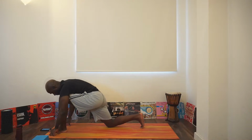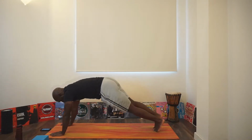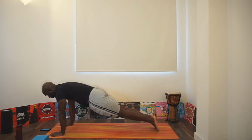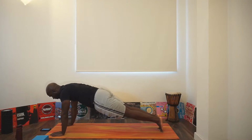Curl our right toes under. Lift up off that right knee. Take that left leg all the way back to meet the right at the back of the mat. Again, we'll just roll forwards and back on the toes here. On the next walk forwards, we're going to drop down to our right forearm